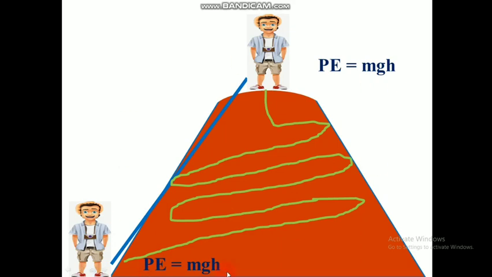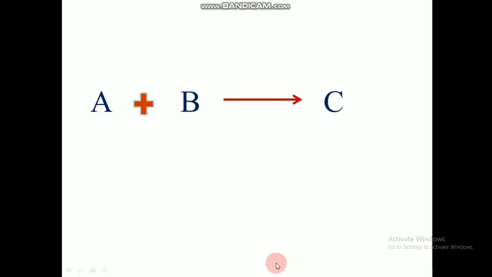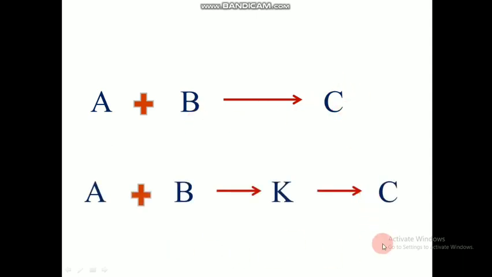This is a physics type of explanation. In chemistry, if we try to explain it, we can consider this reaction where A plus B gives C. If we are considering another reaction where A plus B gives K, which again gives C. In the first case, we have two reactants and a product. But in the second case, the reactants are first converted to an intermediate state and then it is converted to